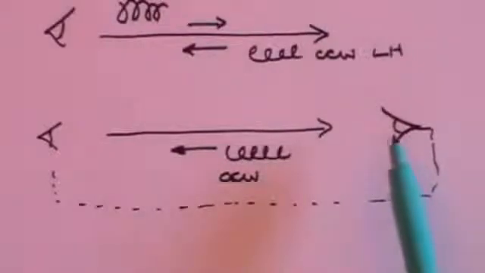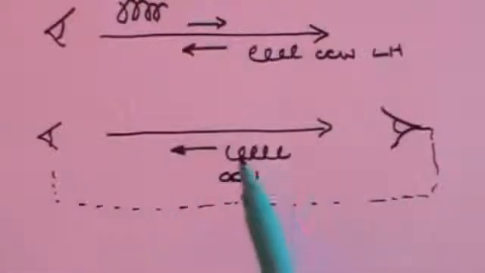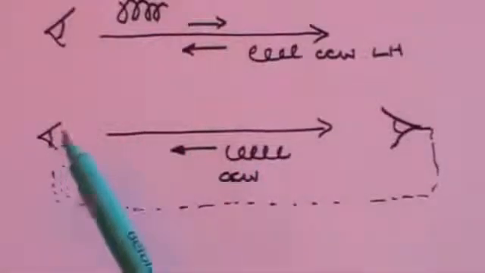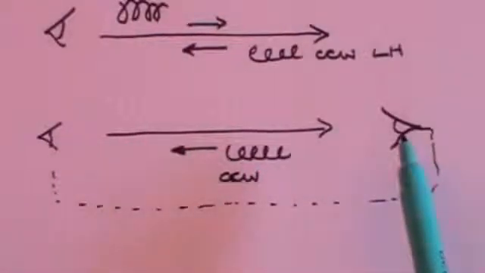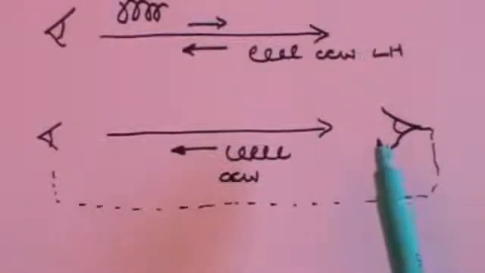Try it yourself. If you simply turn something in a direction that's anti-clockwise when you're behind it, and you now look in front of it, you will see that it actually appears to be clockwise. So in other words, the left-hand spin electron viewed from here has become a right-hand spin electron when viewed from here. It hasn't changed at all, it's just the gauge, if you like, or the way I've looked at it has changed. So I can actually see a right-hand electron simply by overtaking it and looking at it the other